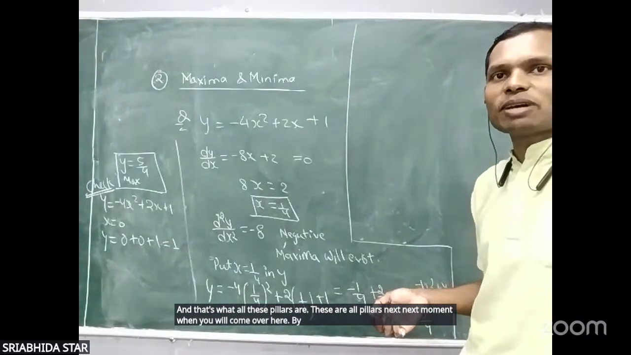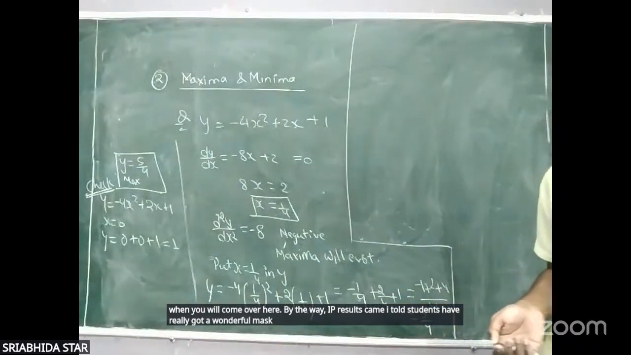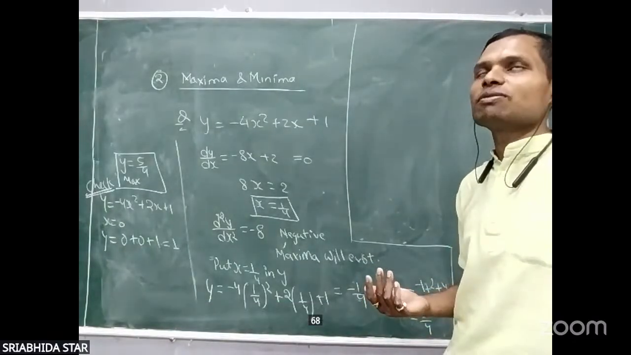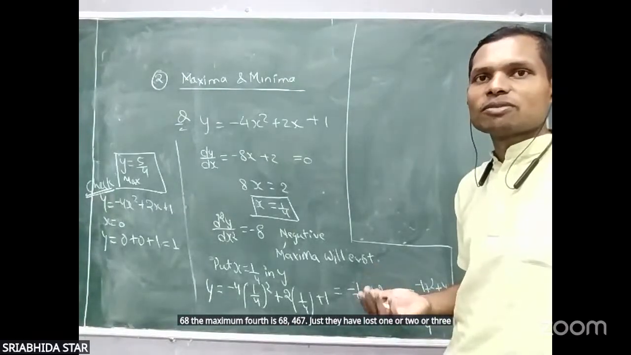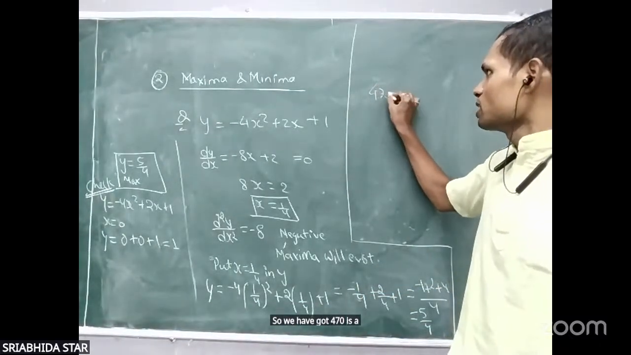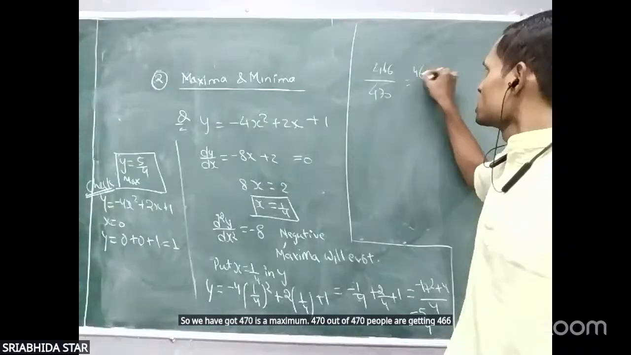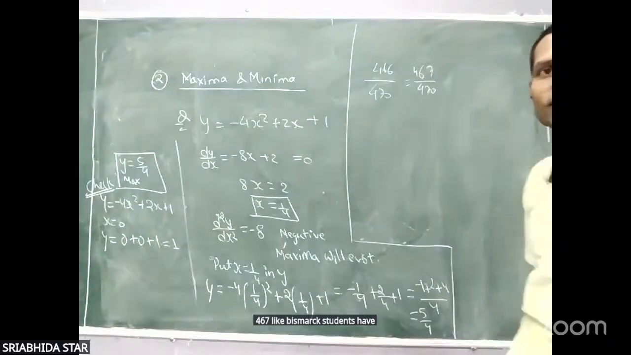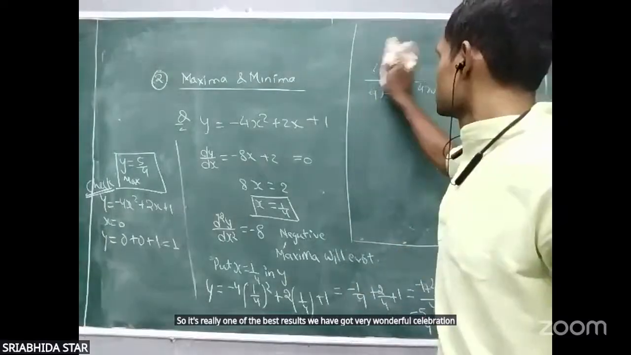By the way, IP results came. I told, students have really got wonderful marks from the first year. They have scored out of 470, 460, 468. The maximum is 468, 467. They have just lost one or two or three marks. That's it. So we have got 470 is the maximum. 470 out of 470, people are getting 466, 468, 467. Like these marks students have got, our SRIABHIDA. So it's really one of the best results. We have got a very wonderful celebration. Anyways, let's come back to the